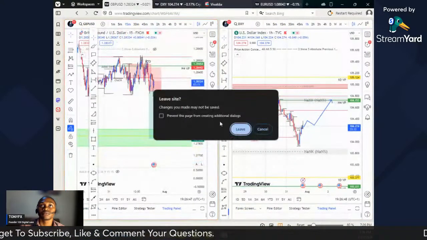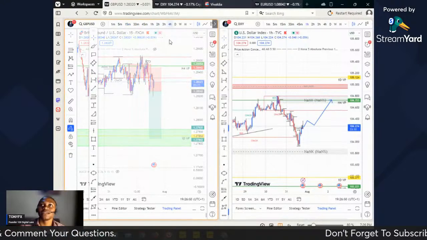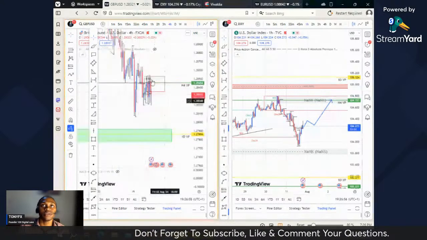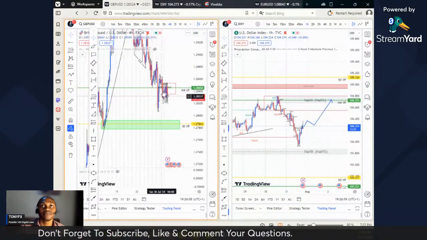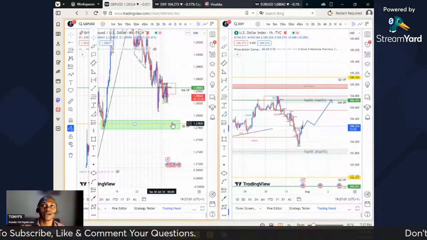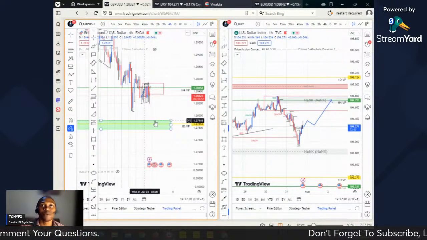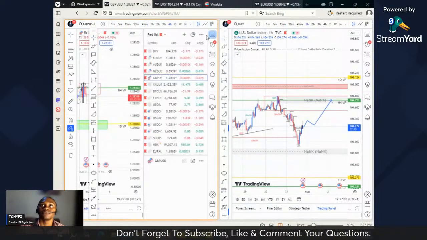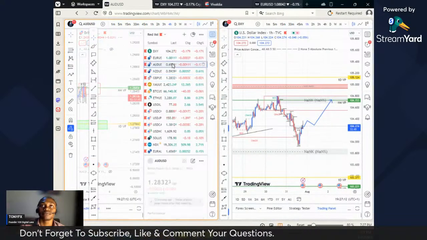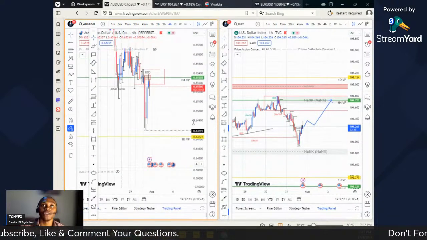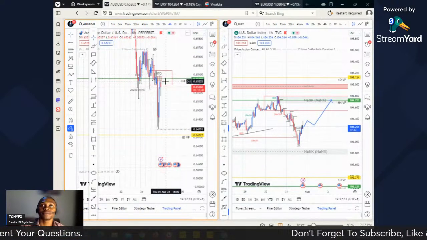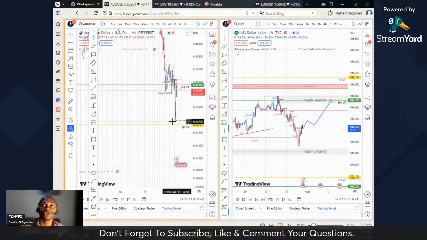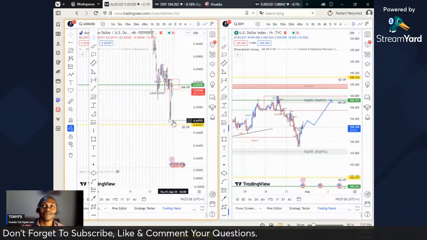So basically, I see that GBP is inside a very massive area of supply, and from there it can easily drop down towards this demand level. I'll be more interested to start buying GBP when it comes to this demand level. AUD already broke an area of demand and turned it into an area of supply. So I can anticipate AUD to start dropping towards this daily demand and validation point.